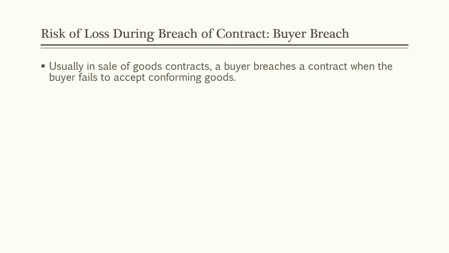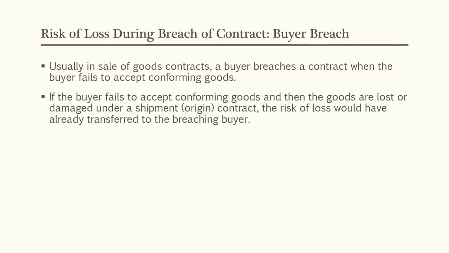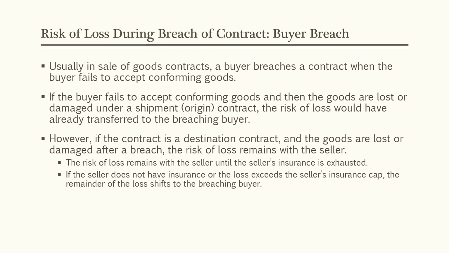Usually in sale of goods contracts, a buyer breaches a contract when the buyer fails to accept conforming goods. A buyer can also breach a contract by wrongfully returning goods or simply failing to pay for those goods. If the buyer fails to accept conforming goods and then the goods are lost or damaged under a shipment or origin contract, the risk of loss would have already transferred to the breaching buyer anyway. However, if the contract is a destination contract and the goods are lost or damaged after a breach, the risk of loss remains with the seller,